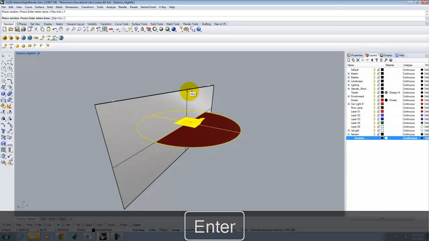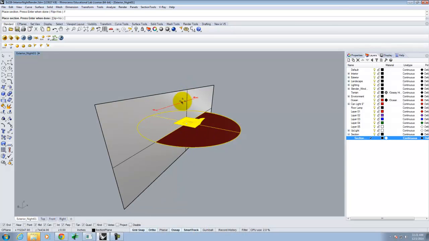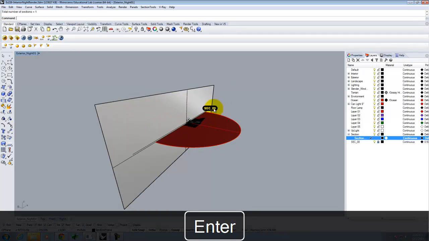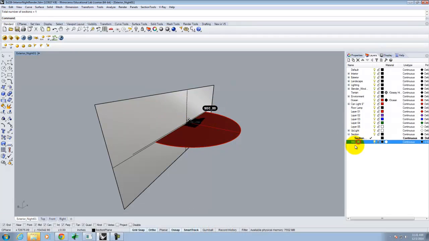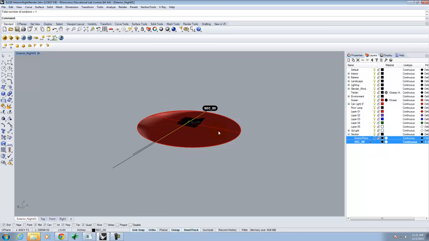It's going to be going that direction. And I'll use this giant plane as a snapping point to cut that section. Okay, so it's done that. I'll go ahead and hit enter when I'm done, and it will build section 00 right there. I'm going to put it underneath my section layer here. The layer contains the objects, the solid surfaces that it created. So if I make that active and I turn off my section plane,